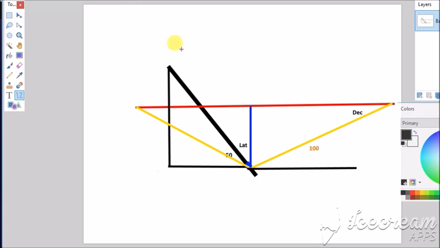And then we have the latitude line here. This is your latitude line. So we have a length here, and we have a right angle here, and we have the declination here. So the blue line would equal 100 multiply